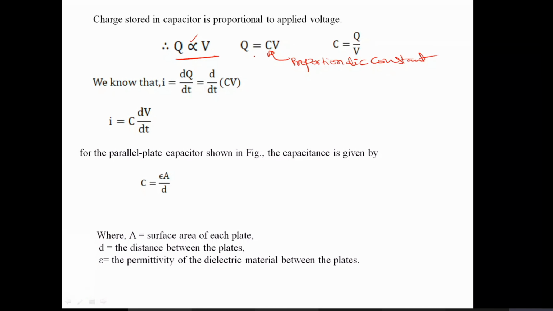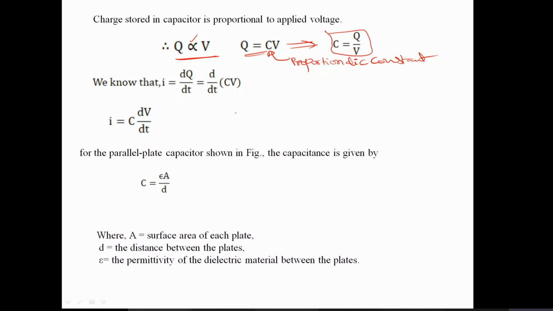From this equation, what is C here? C we can write as Q by V, charge per unit voltage. Also, unit charge per unit voltage is called capacitance. Now, we know the relation between current and charge is given by